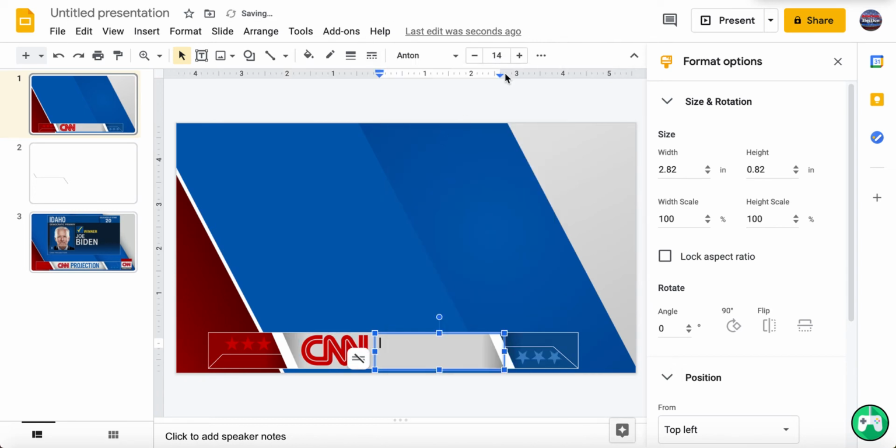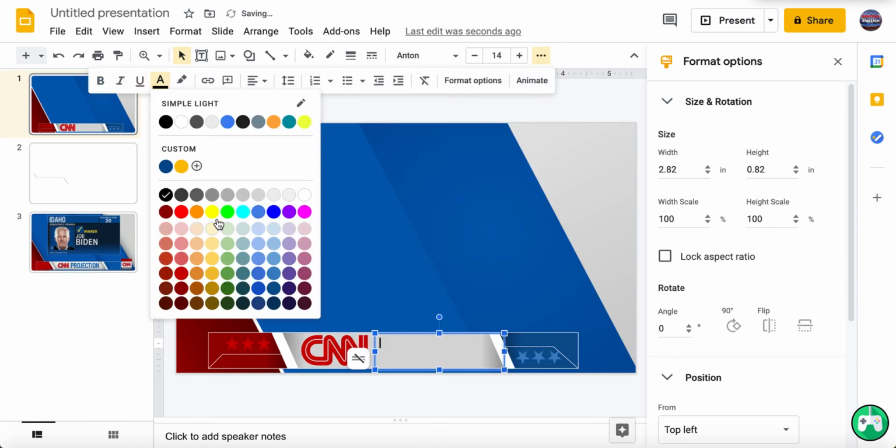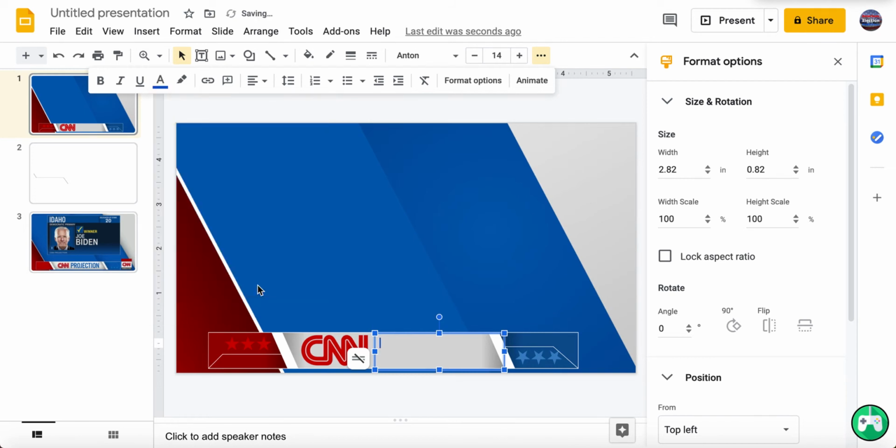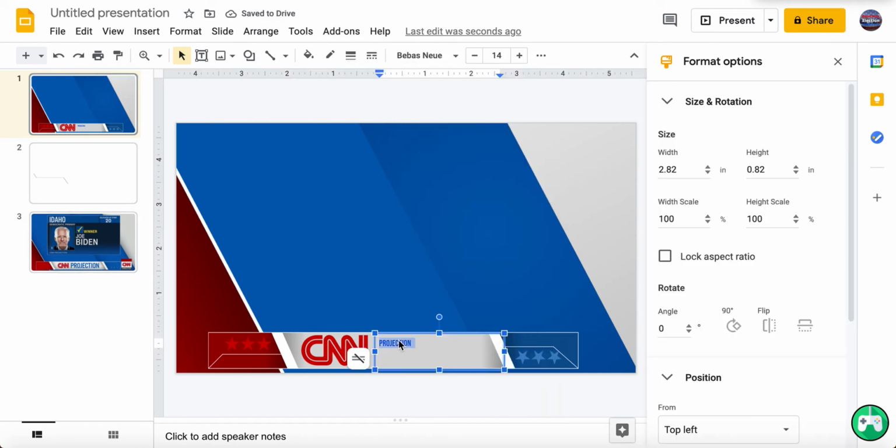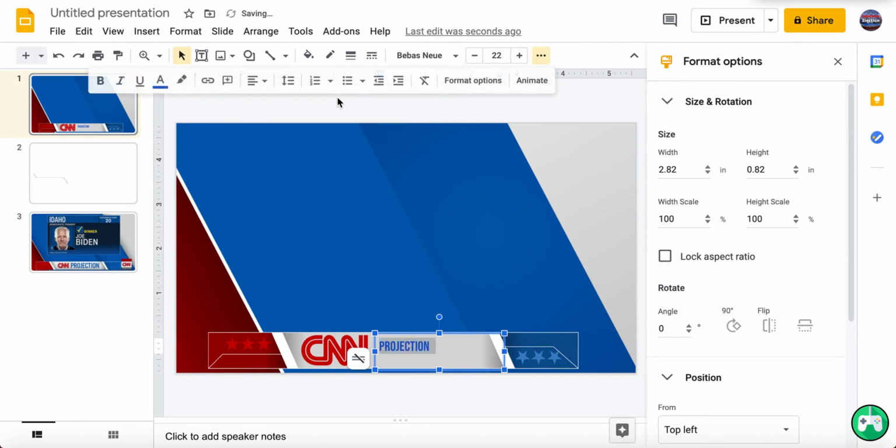I'm gonna use Anton, for the font. I'm just gonna use that color. Now let's go spell out projection. Obviously, caps lock on. Anton is clearly not the font for this. It is Bebas Neue, I guess. No. I'm bad at stuff like that. I'm actually gonna go center that.